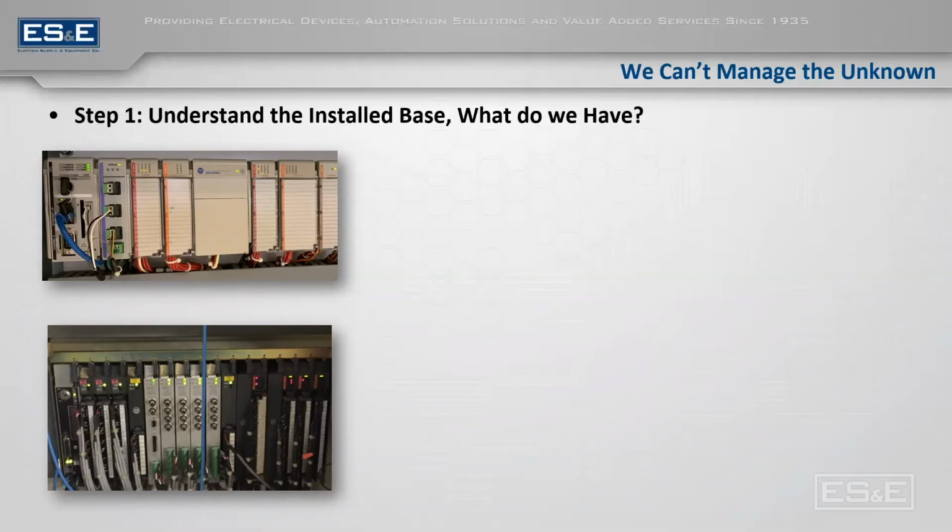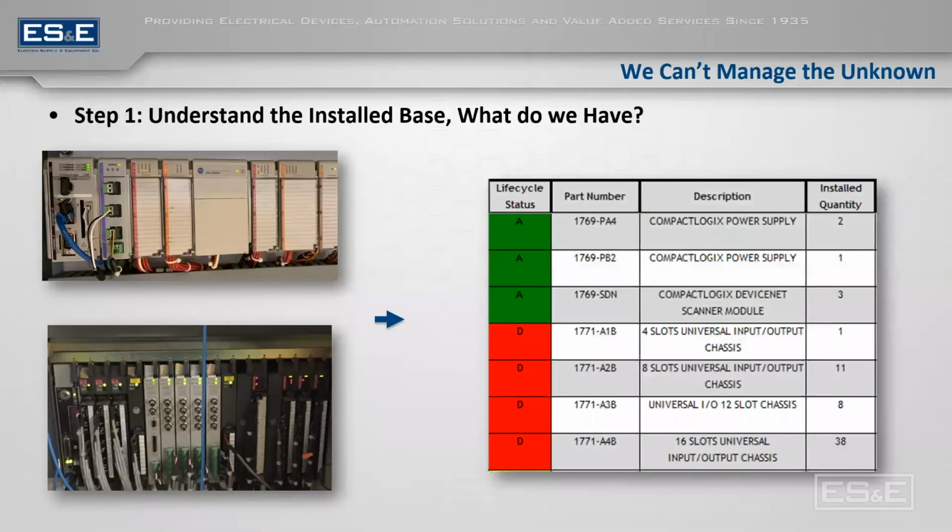But if we take all of this and we put it into a single report, so instead of it just being by cabinet, we can actually look at all of it together. So all of our parts, we can actually look at together and understand, okay, so I have 3 1769 SDN. These are DeviceNet scanning modules for a CompactLogix system. I have 3 of those in my plant. Or I've got 38